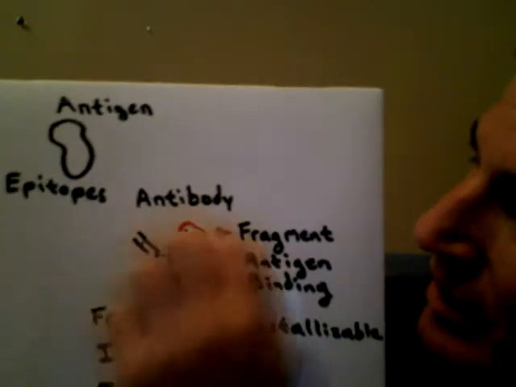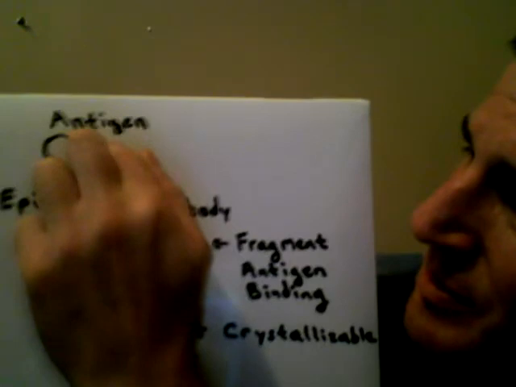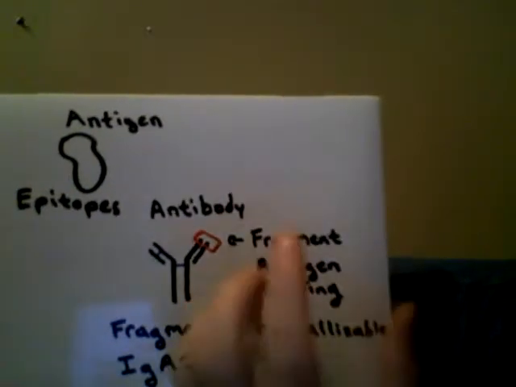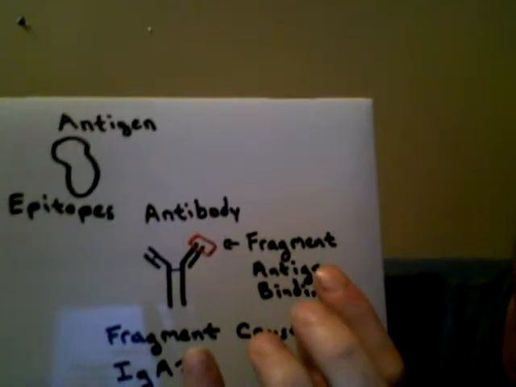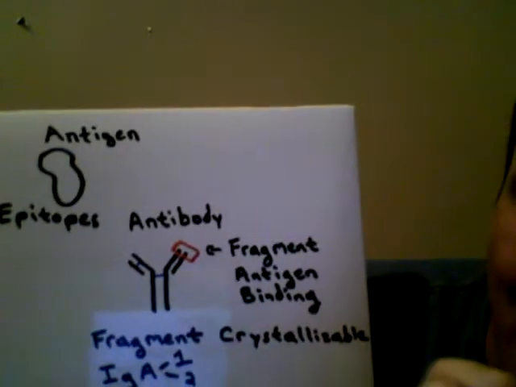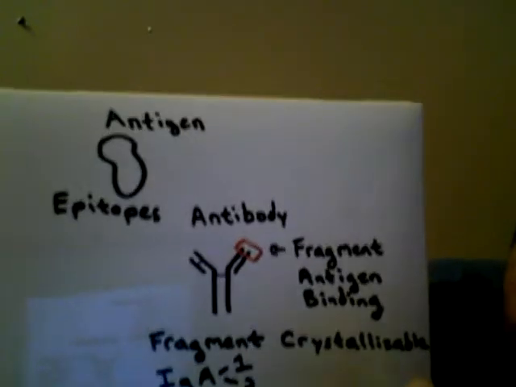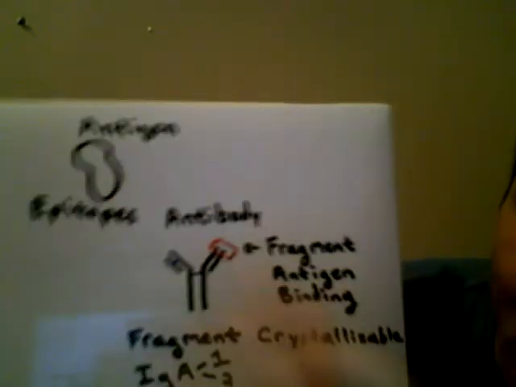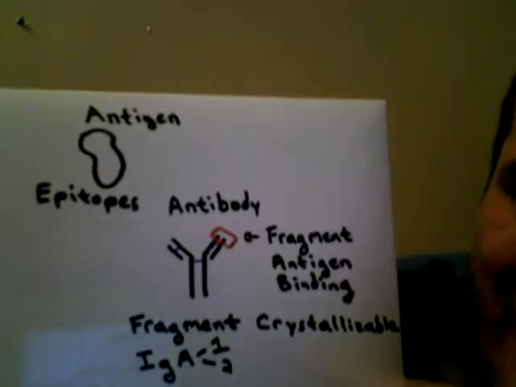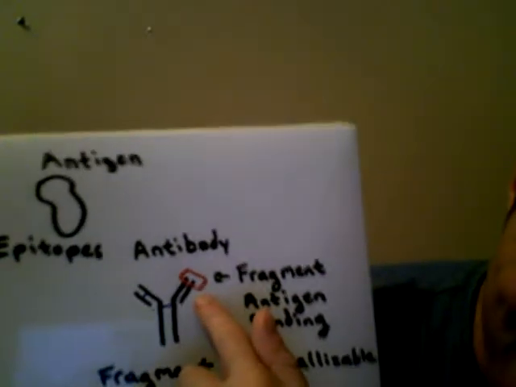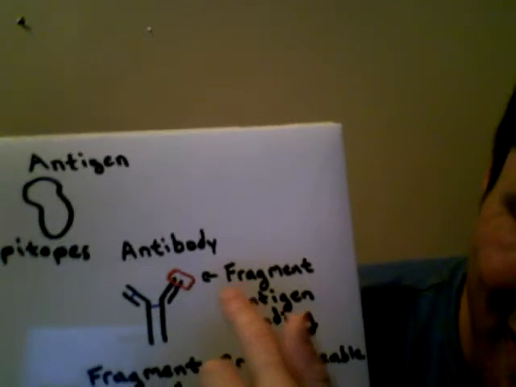So these can vary to bind to the same antigen at different sites and have different fragment antigen binding. It'll vary. That region right there can vary for the same antigen, because the antigen can have multiple epitopes. So one antibody at this region can vary just for one antigen to bind to different epitopes on the same antigen or allergen. That's a mouthful, but then it'll vary for different antigens. So this portion right here has almost infinite